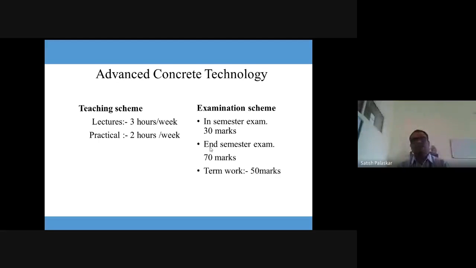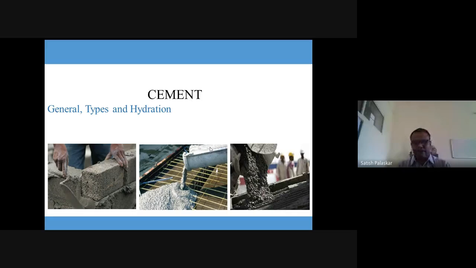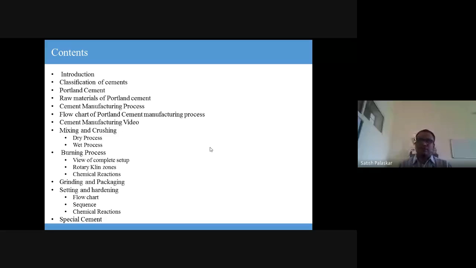Okay, so now we'll start with your unit number 1. That deals with cement, its types, their properties, hydration of the cement, alkali aggregate reaction, grading curves, then concrete and properties of the concrete. Today we will start with the cement. During this lecture, I will take some review of the concrete technology which you already studied in the second year, and some part of your advanced concrete technology. Now, all of you know what is meant by cement, is it? So these are the contents which we are going to study over here.